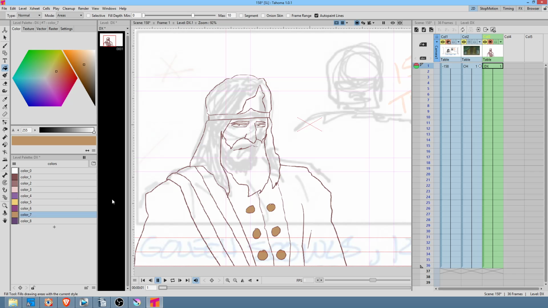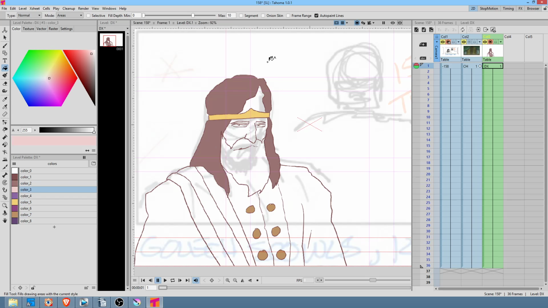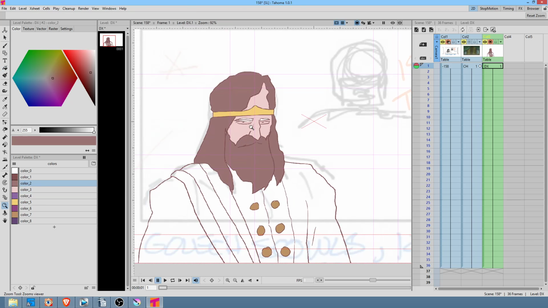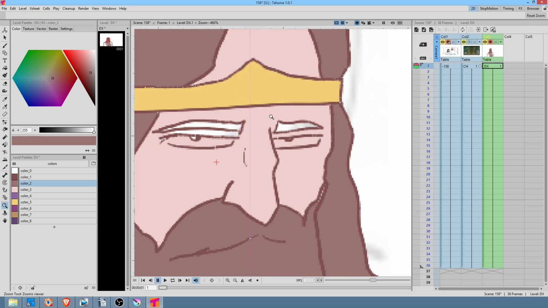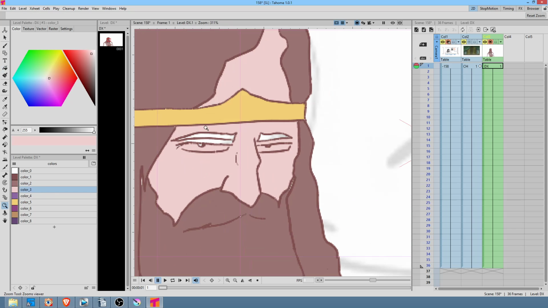Boom, boom, boom, boom. Gold, that's probably his crown. Hair, hair. Flesh tone. Okay, we're going to have to manually deal with his eyes, by the way. Okay. We'll zip in there. Back to the flesh tone here. Boom. So yeah, I'm hitting the G key, which is not the default hotkey for what I'm doing,